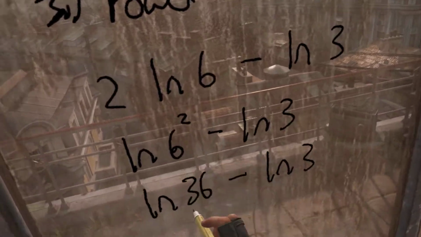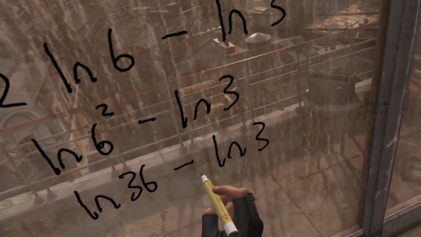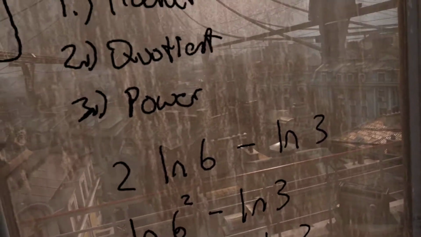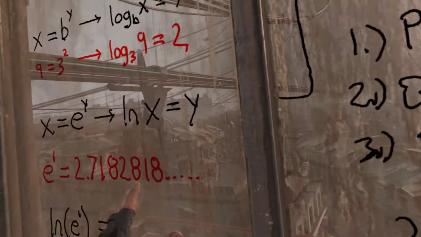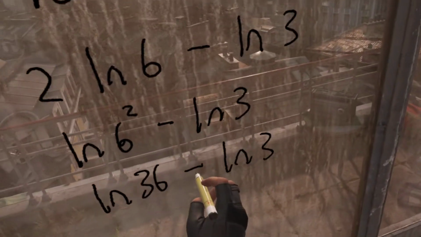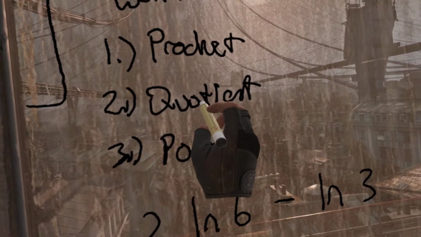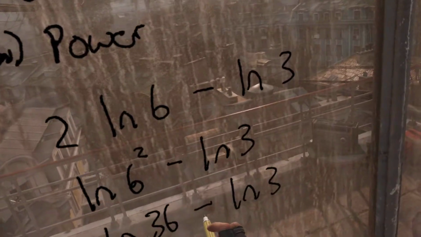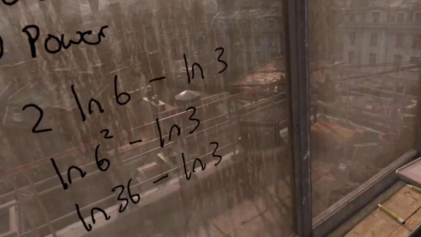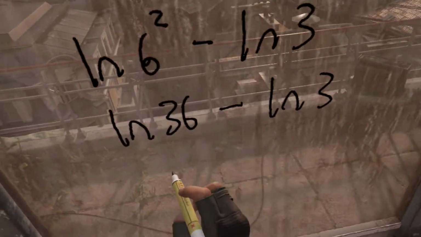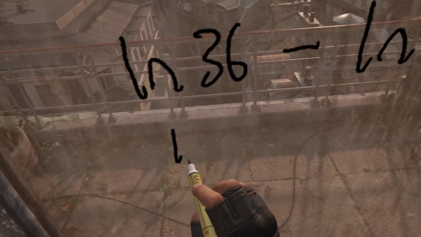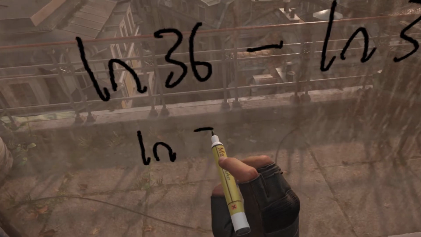You guys remember from practicing with logs that minus goes with quotient. And we can change a minus into a division problem. So we're going to do that. This becomes the natural log of 36